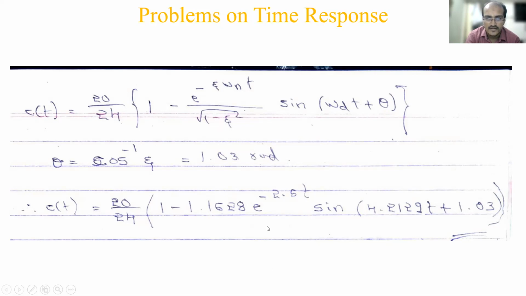Okay, some factor into sine. This is everything just straight away substitution. Okay, zeta omega n is straight away. This is omega d straight away. Theta is straight away. Only this 1 divided by this one calculation you have to put it over here. Even 20 by 24 you can do and keep it. So no changes. Both will not be different.